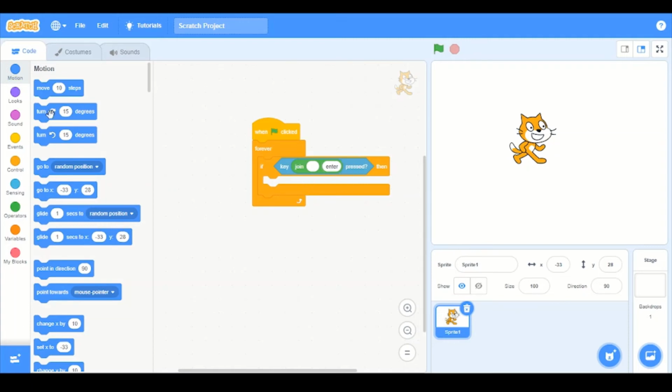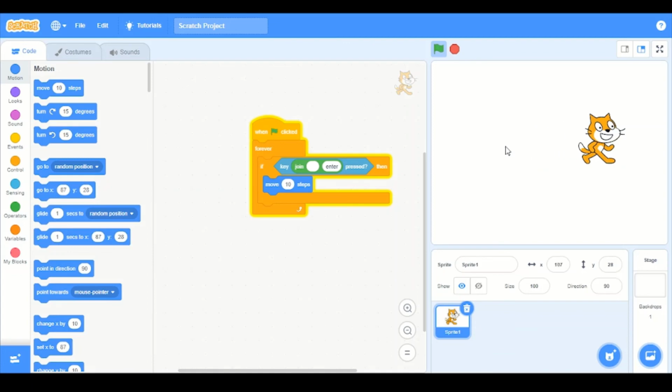you can write literally anything, like move 10 steps, and now when we press the green flag, we have the enter key. So yeah, this was a shorter video, but now